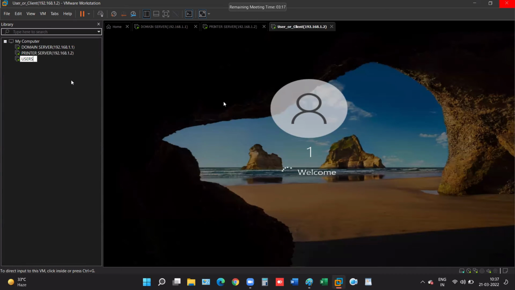Users or clients. What is the IP? 192.168.1. क्या होगा? 1.3, anything. चलिएगा सर।